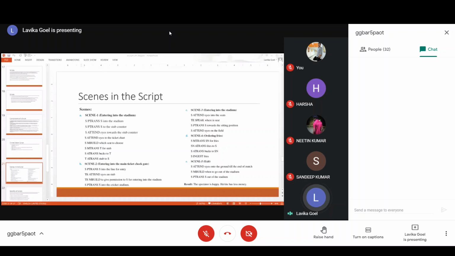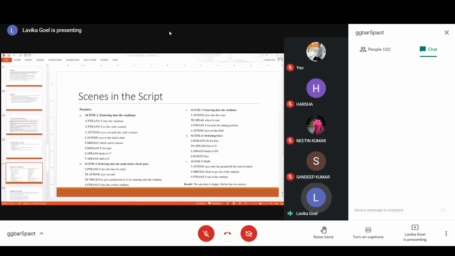Okay, and the definition of the scenes, or you can say the events involved in scenes, that is the very important thing in the case of a script. So you have to see what all sub events can be involved in a script, and this is a very subjective thing because everyone can formulate their own events in a different way. So they will have different representations and different conceptual dependency representations accordingly, right? So that is fine, but still we go to the minutest details whatever possible, and we try to explain each and every sub event and main event explicitly in a script.